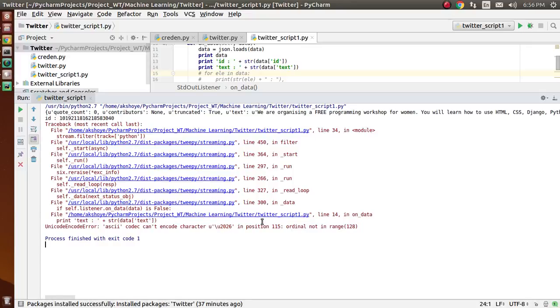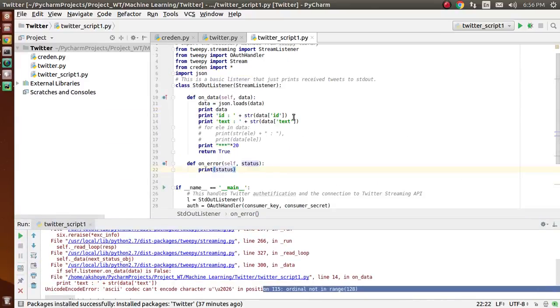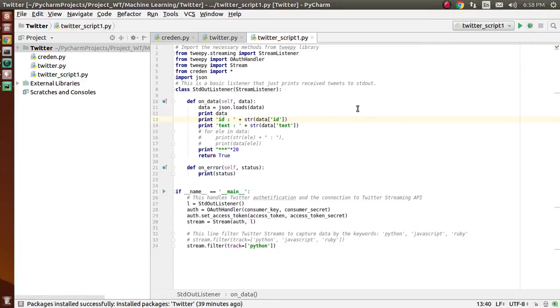Here you can see there's some error. Let's have a look at what we are getting here. Okay, so we just added these extra brackets here. I think there is some problem in the returning part.